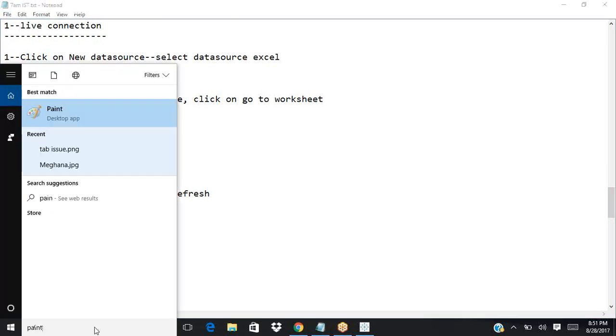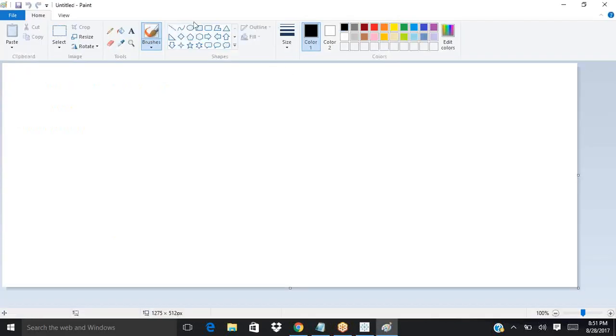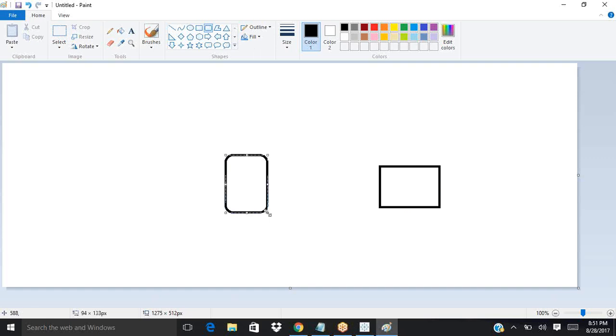In a simple way, what an extract connection will do is it will extract the entire data and capture that into Tableau's own format. That is what this extract connection is. So, that is what Tableau Desktop is. Here I have a source and